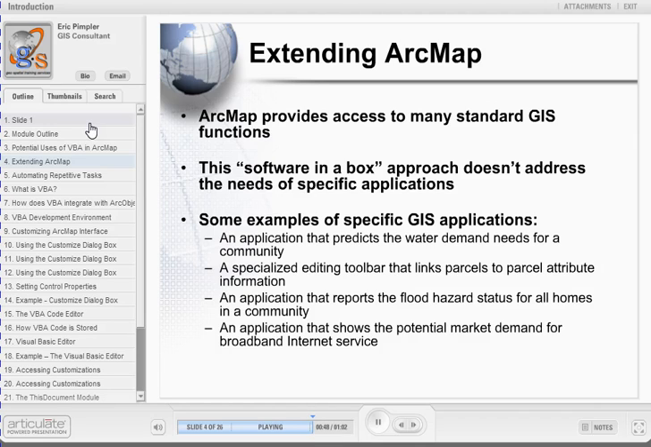However, extending ArcMap doesn't have to mean building an extension. There are several levels of extending ArcMap. It could be anything from building a specialized template file or .mxt file containing a simple toolbar to building